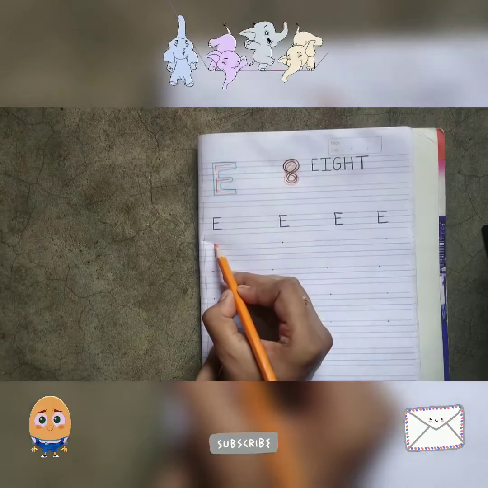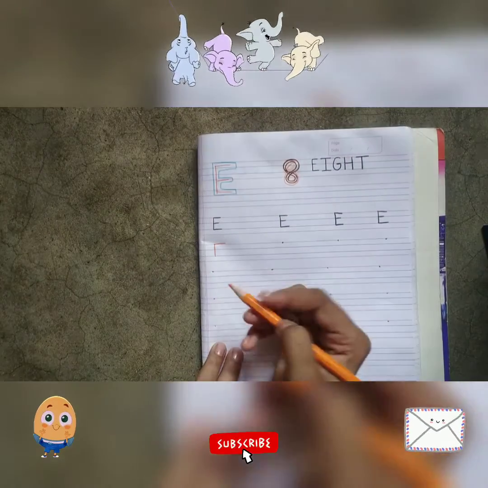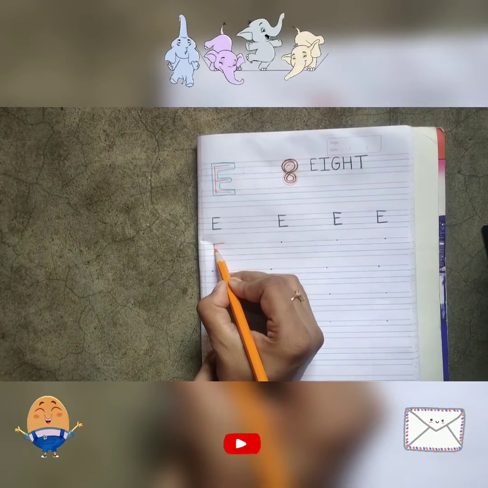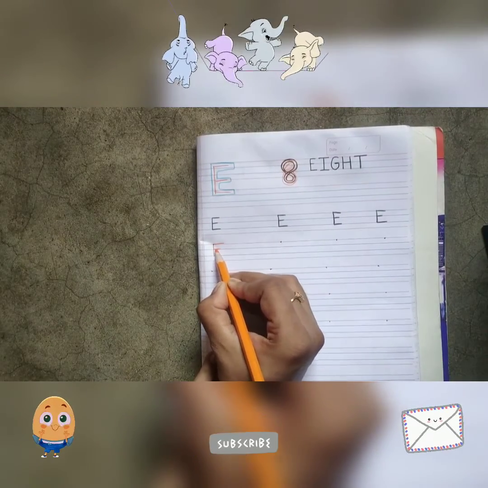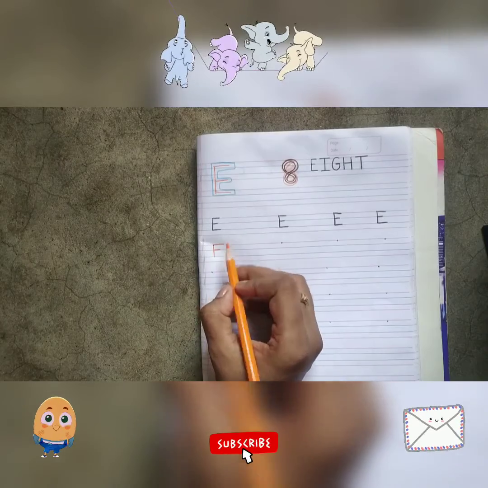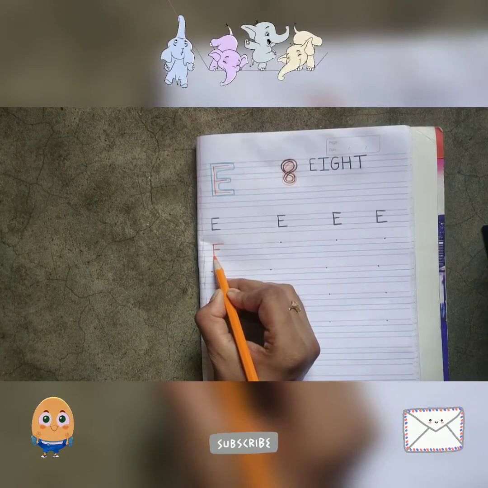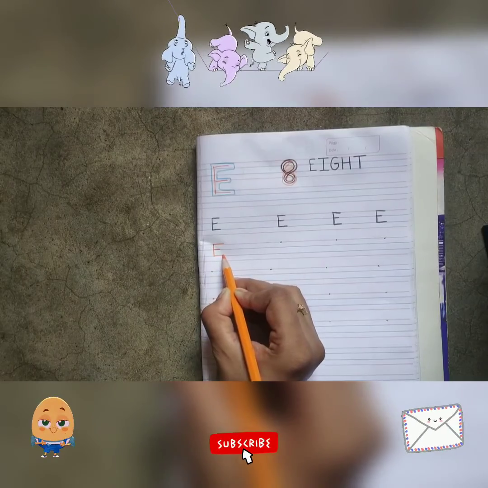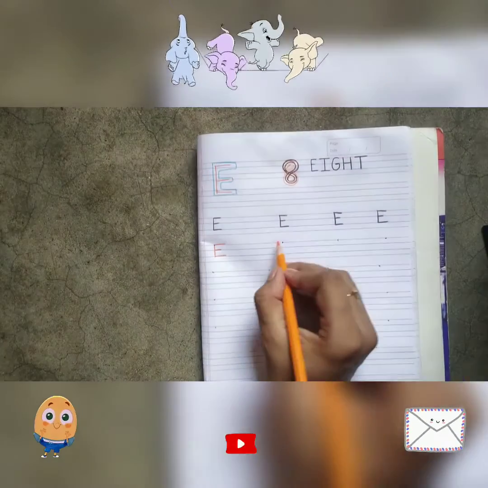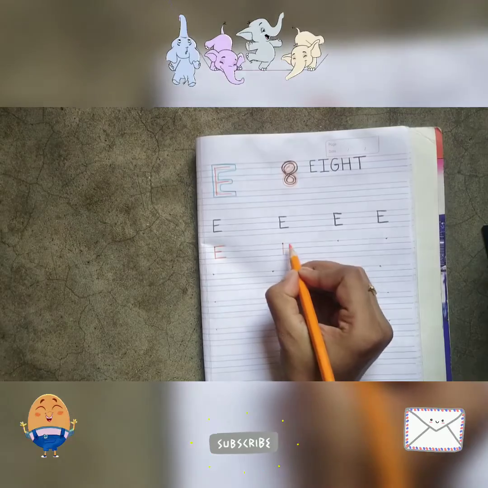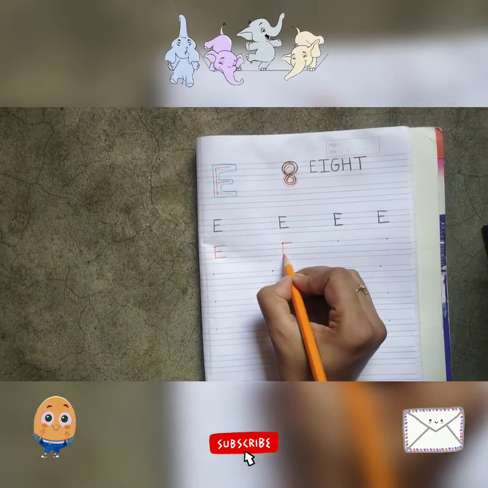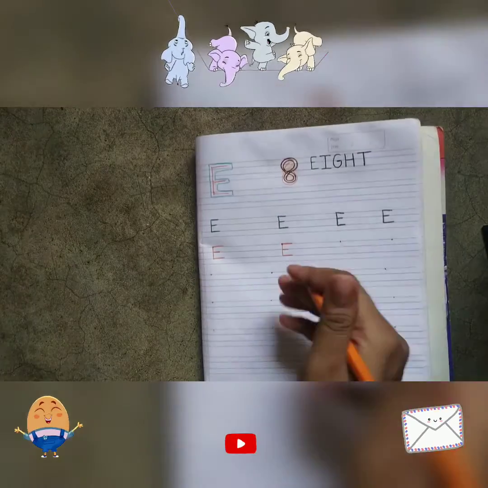Standing line, and then first slipping line, and then second slipping line will be a little smaller, थोड़ा छोटा होगा, and it will look like an F, and then the last one you will make, so it becomes E. Again we'll do it. Second way I have done.